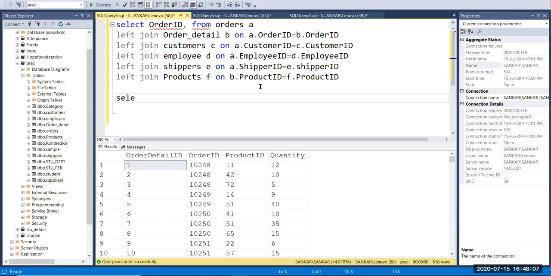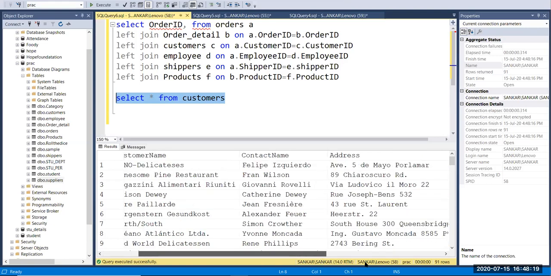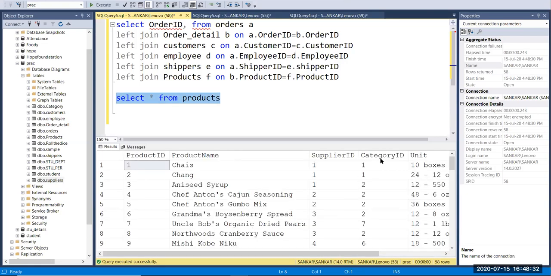Okay, so let's connect both into it, right? So select, first I want to know what the columns in customers are, so that it helps to connect my category table. Okay, so we don't have any such column in customers, and I'm going to check products because the category is related to products, right? And now you can see here we have a category ID and supplier ID also.